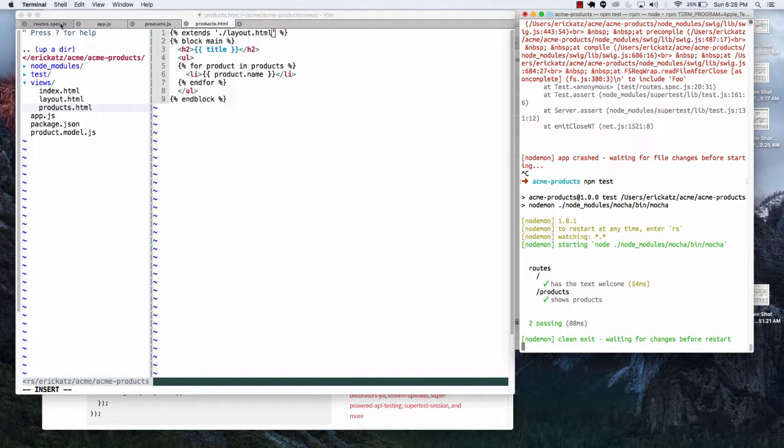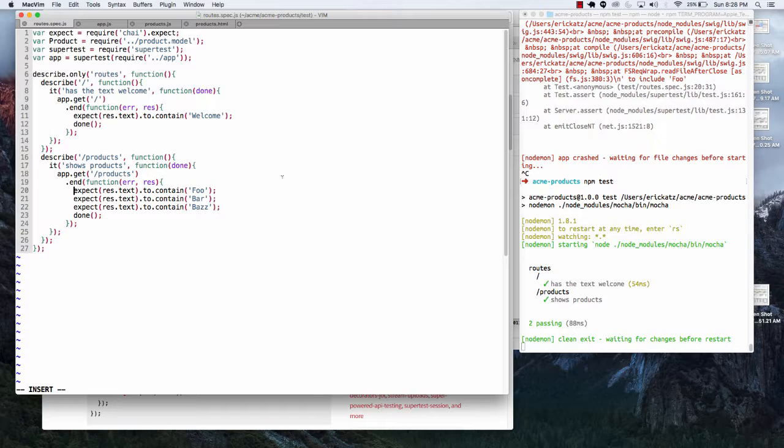Let's do a couple of other ones of these, see how quick we could get this done. So we know that we're going to have to have a page where we can edit a specific product, and also where we can end up inserting data. So let's describe a route. Actually, let's be more specific. Right, a route is going to be a verb and a path. And here we'll describe a route for